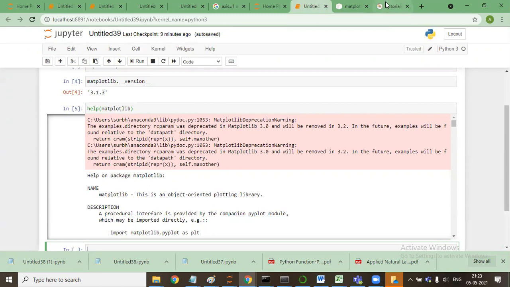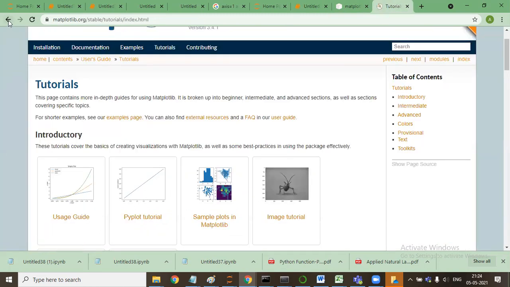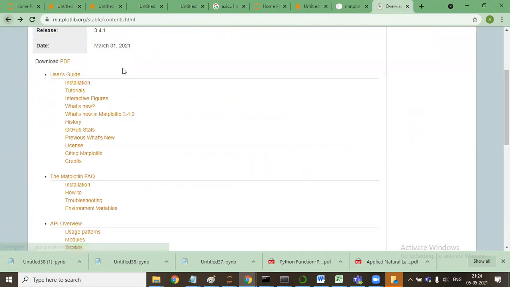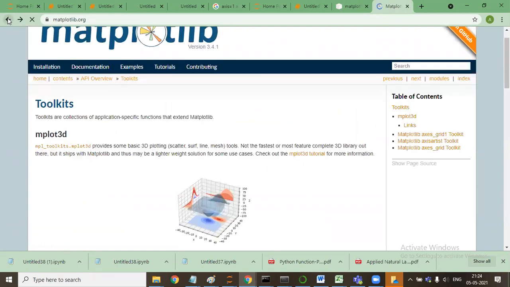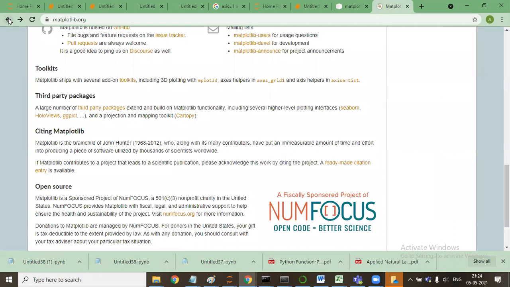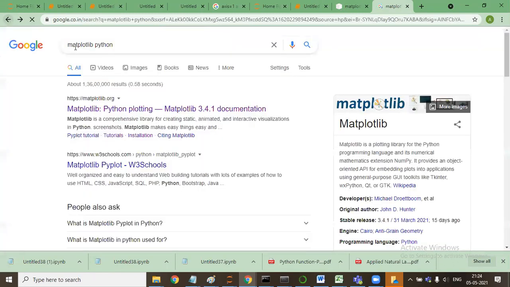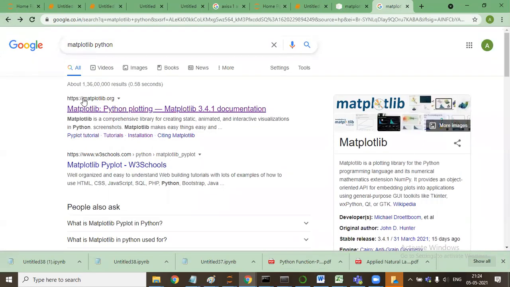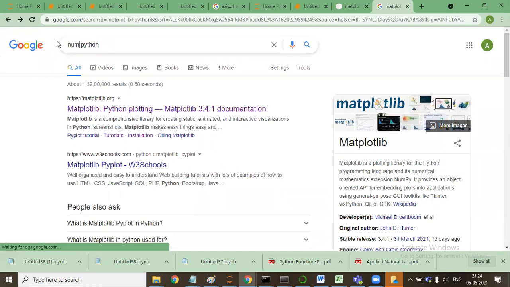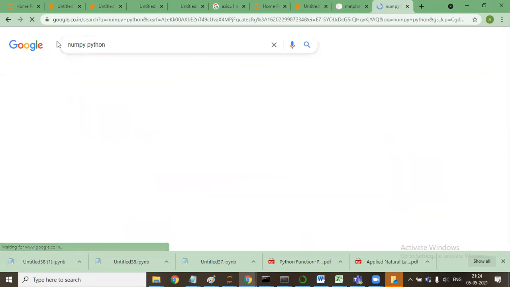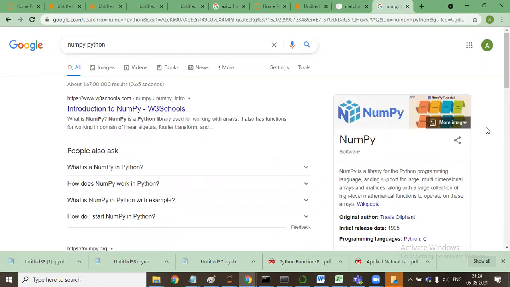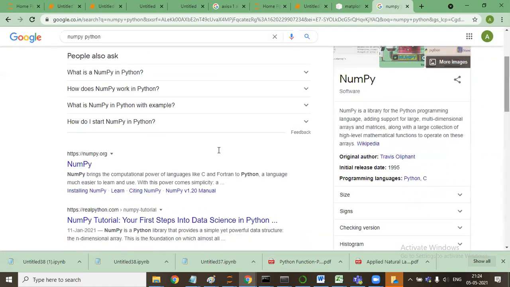You can simply say matplotlib.org. Normally it will come as the first page. Whenever you type, the first page will be the official site only. You can say matplotlib Python, first is matplotlib.org. If we say NumPy Python, numpy.org comes. You see here.